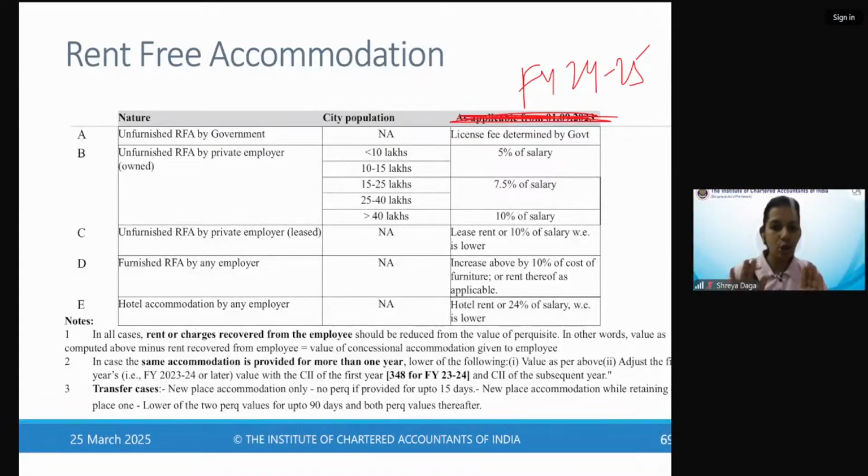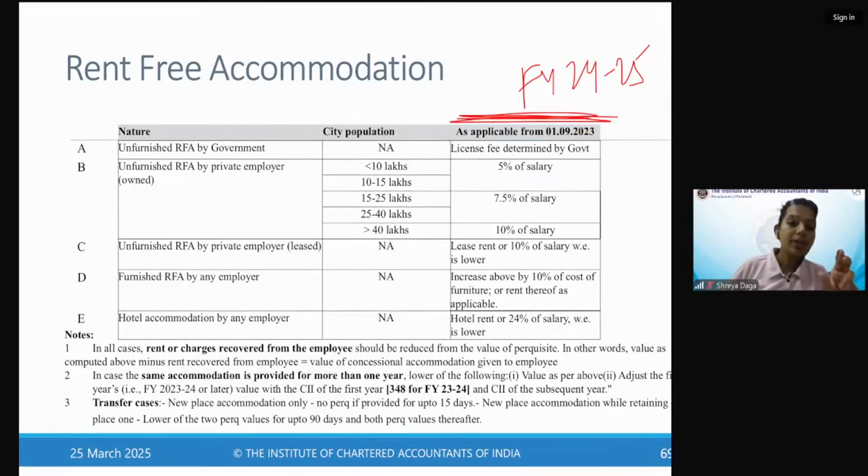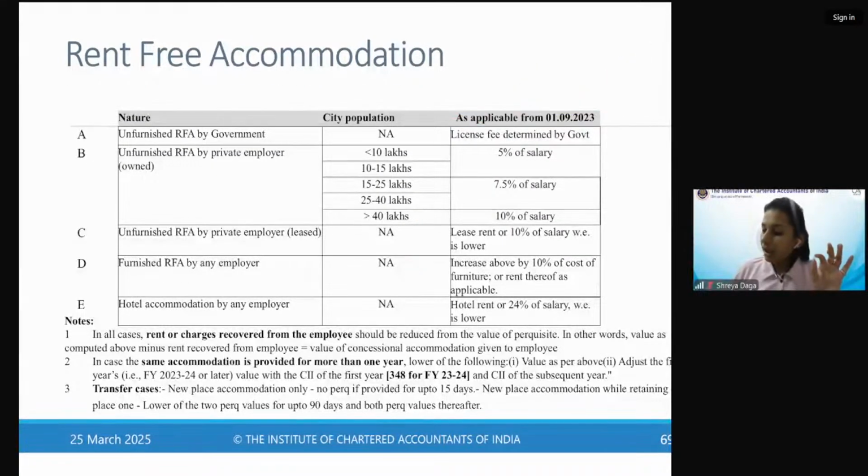आपके लिए चेंज्ड लॉ ही रेलेवेंट है। तो पहले क्या था आपको जानना भी नहीं है, आपको सिर्फ यही पढ़ना है। ठीक है। ओके। अनफर्निश्ड रेंट फ्री अकोमोडेशन अगर गवर्नमेंट देती है तो लाइसेंस फी डिटरमिन्ड बाय द गवर्नमेंट इज द टैक्सेबल वैल्यू, कोई भी सिटी में दे।